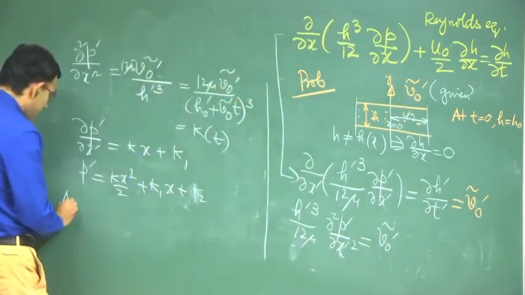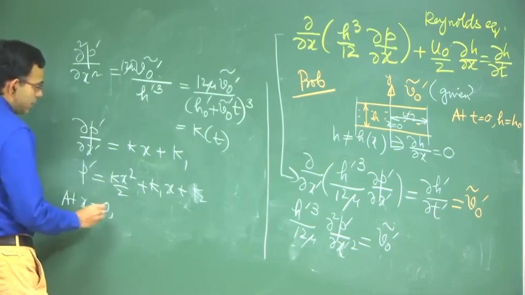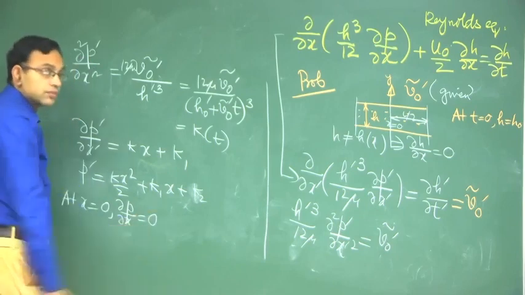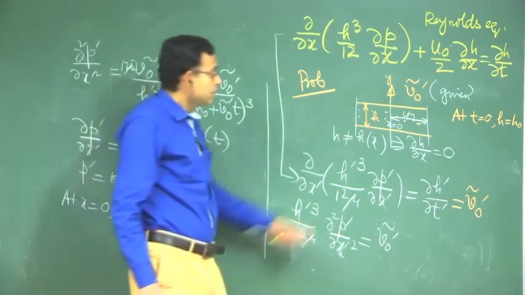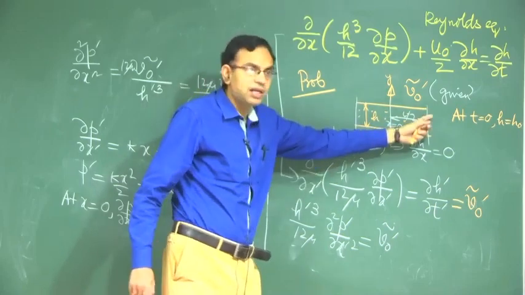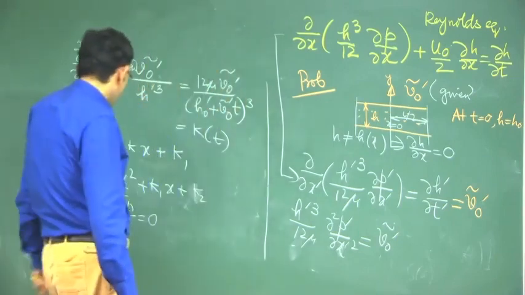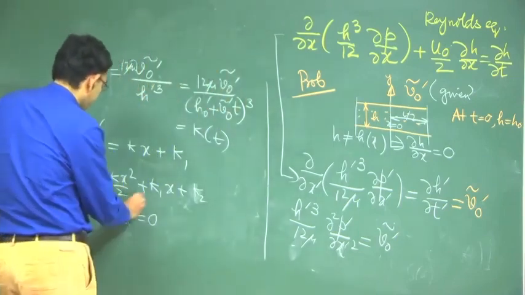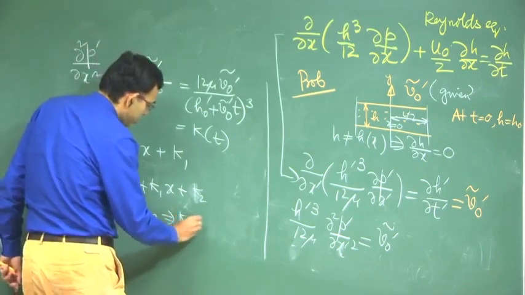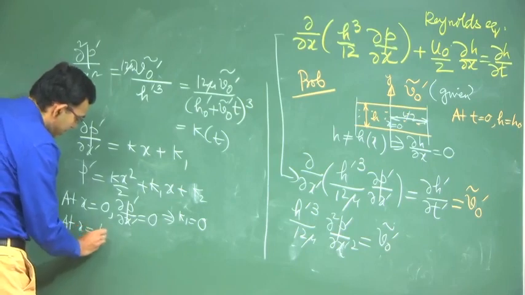So, at x equal to 0 you have, because the pressure has to be symmetric with respect to it, here it is atmosphere, here it is atmosphere, right. So, if you put that then you have K1 equal to 0 and at x equal to L by 2 or minus L by 2, whatever